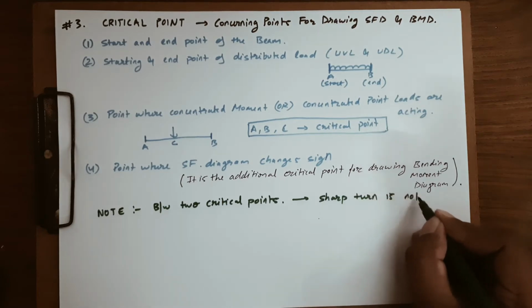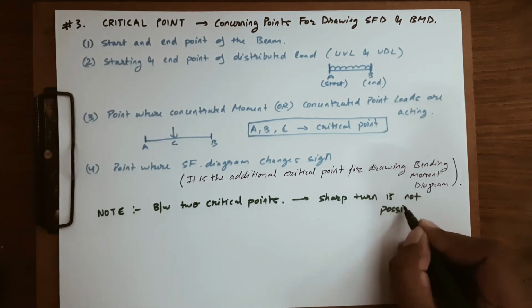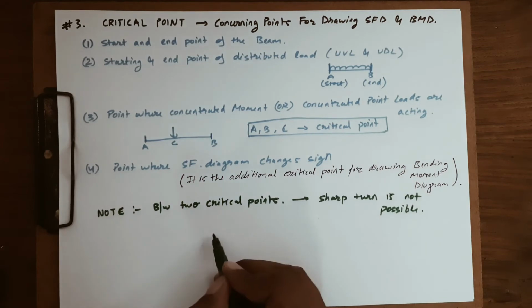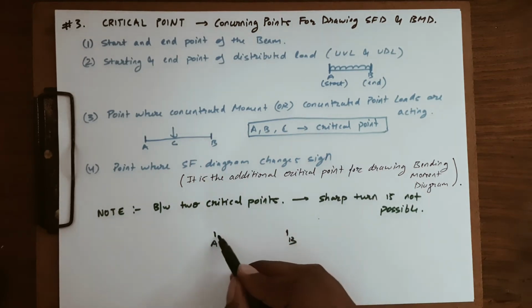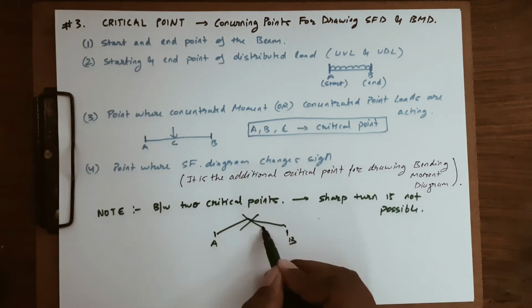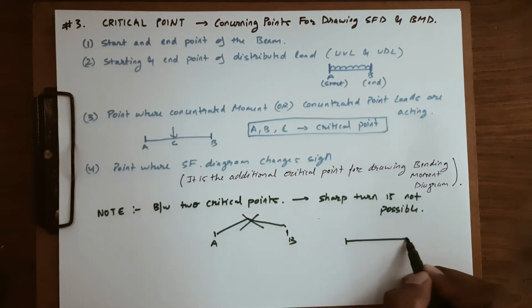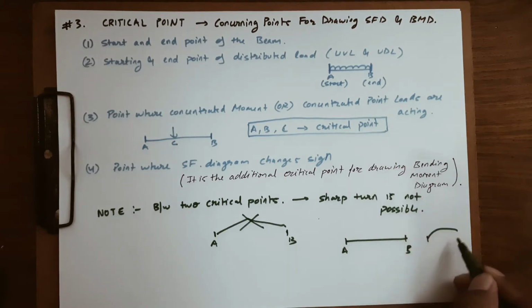Is not possible. So this is one critical point and this is the second critical point. So a sharp turn is not possible. It will be a smooth line between two critical points. So these are some examples. Now the fourth point we need to know is that